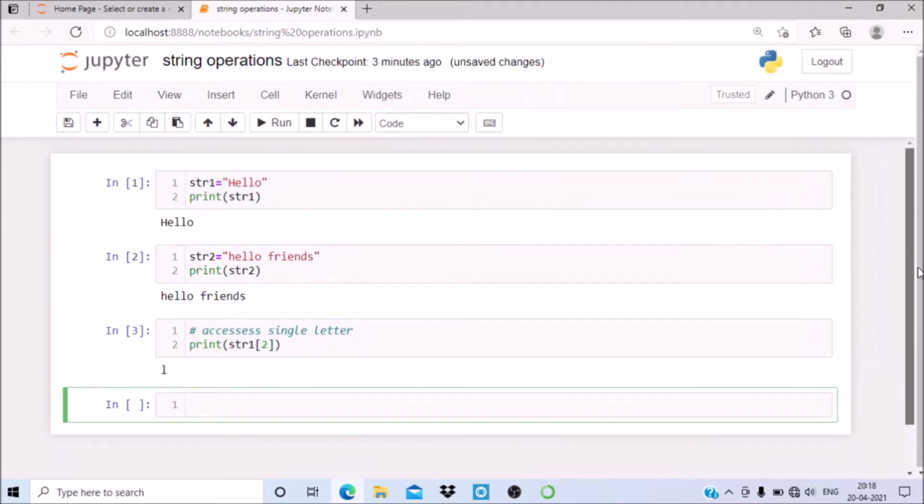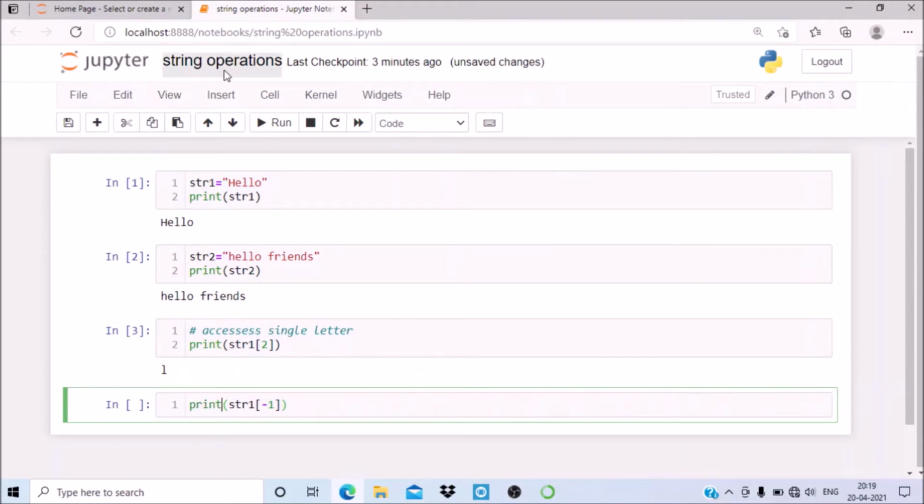Now in case of a string, if I want to access the last letter and I don't know how many letters there are, you can use a negative index to access the last letter. So I will show you how to access the last letter by using a negative index. You have to pass -1, so -1 is for the last index. You can print string1[-1].